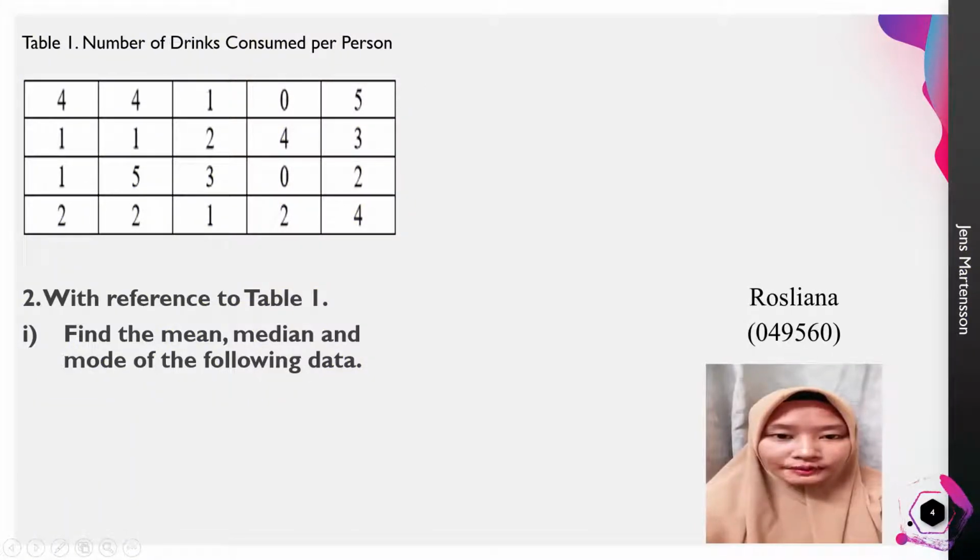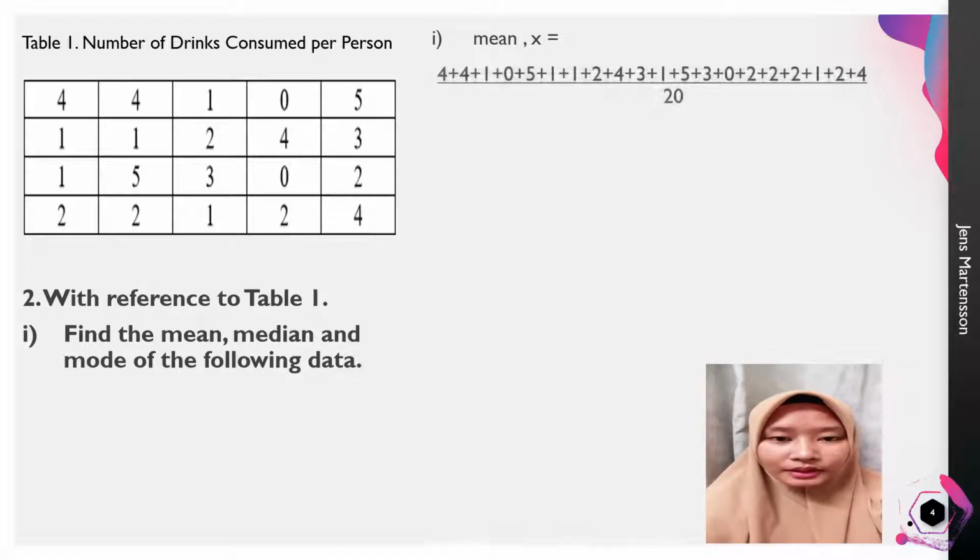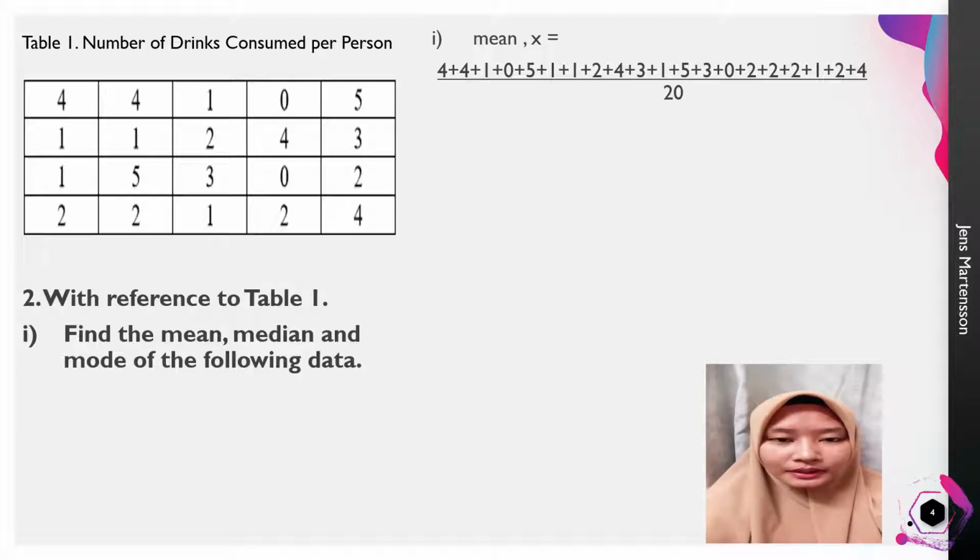With reference to table 1, find the mean, mode, and median of the following data. Firstly, we find the mean. To find the mean, we need to add all the numbers in the table, then we divide it by 20 because it contains 20 data in the table. So we get 47 over 20. Then the answer is,